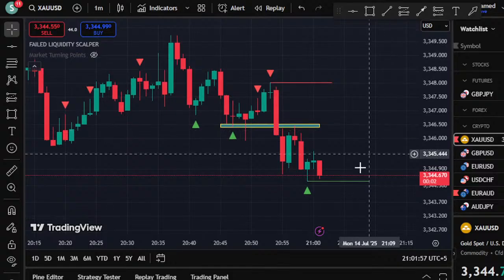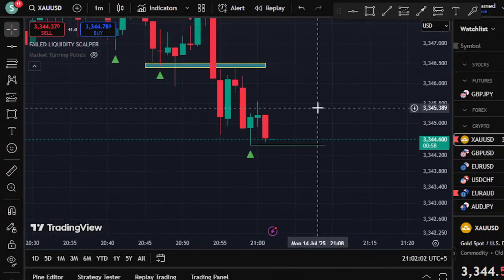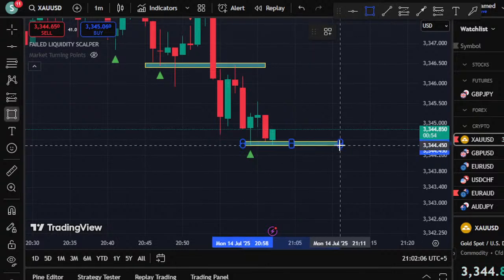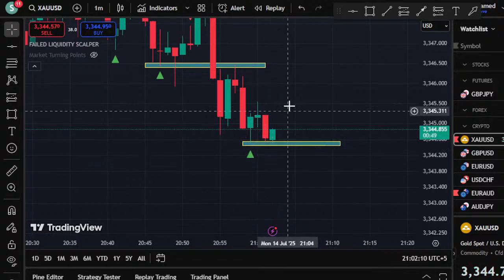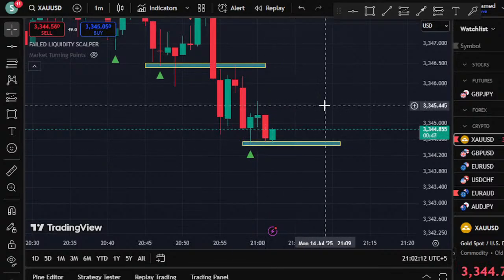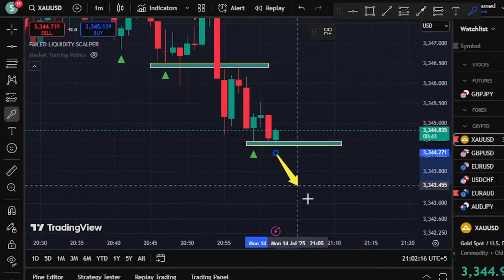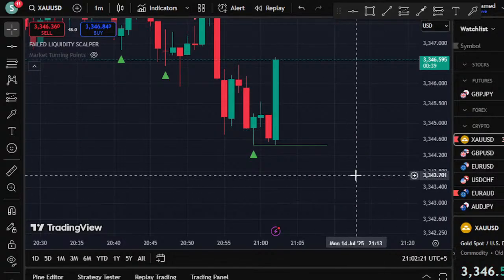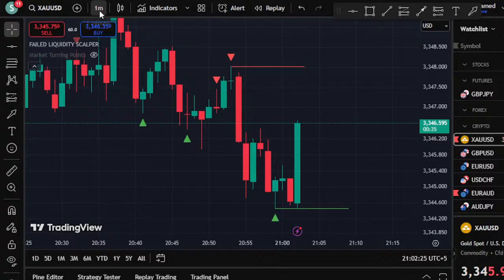Now one more thing. You can see that again there is a low created. If the price breaks that one below and gives a close, which is very important, because sometimes the market makes a wick exactly from this area. So we always wait for the wick, and if the price gives a close below, then it will again go down. So how long can it go down? That's very simple: how long can we trade?